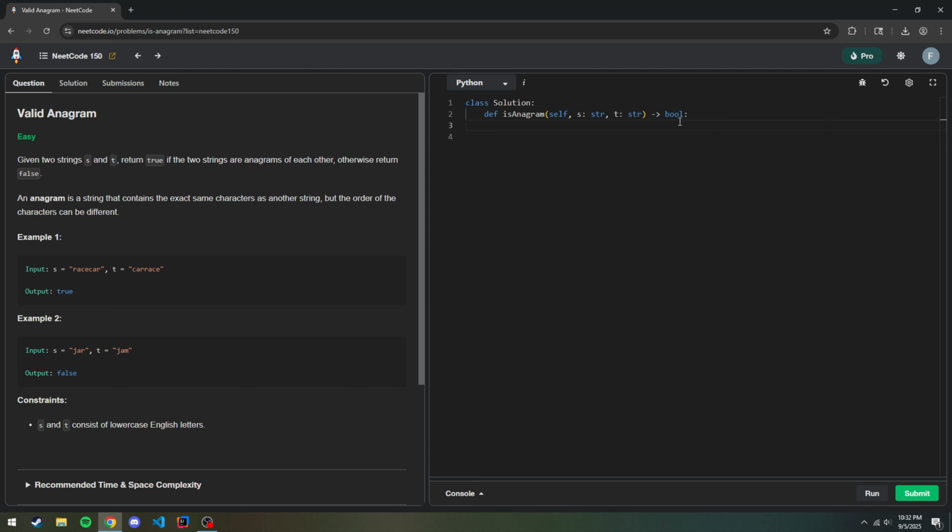So first, we just want to check if they're even the same length. If length of s does not equal length of t, then return false. And we make our map, map t, equal to dictionary,